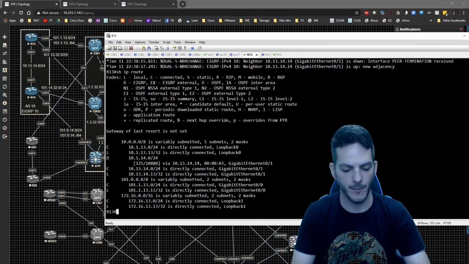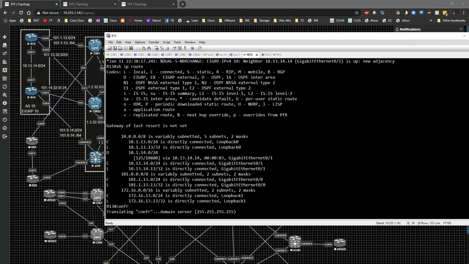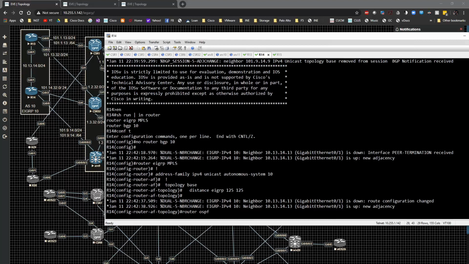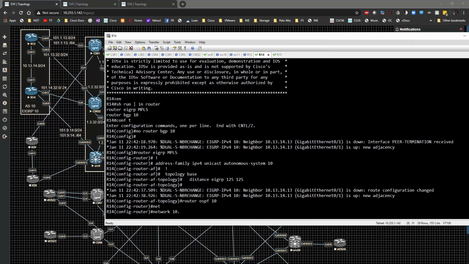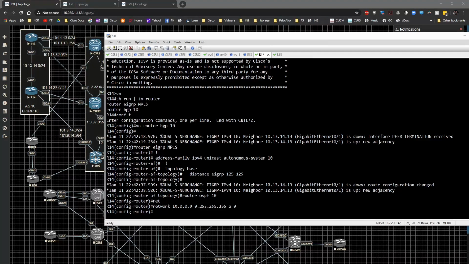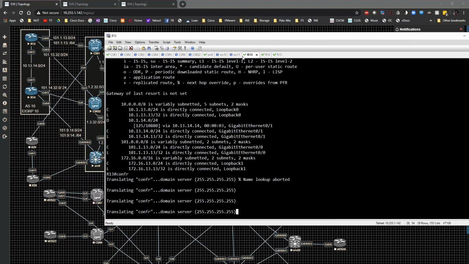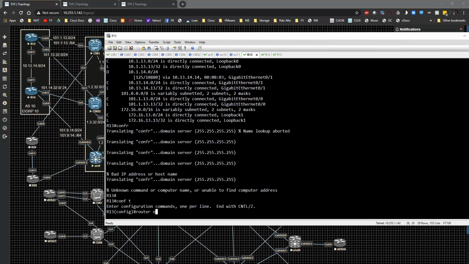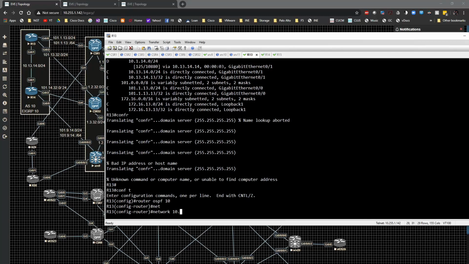So what we will do now is I will go over to 14, router OSPF 10. We'll type in network of 10.0.0.0 0.255.255.255 area 0. And we'll take that same config and put it on 13. 13 should be done just about now. I'm going to try to cancel this connection real quick. So I'm going to go back to global config, router OSPF 10, network of